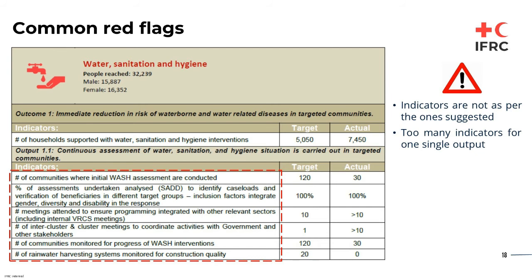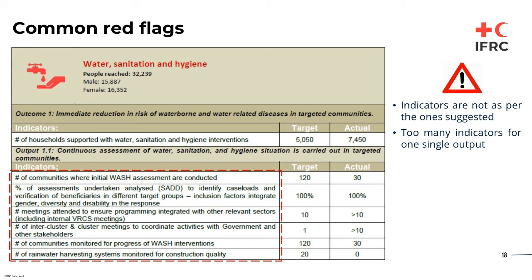Now, after talking about all the WASH outcomes, outputs, and indicators, let's now take a look at some real examples, just to highlight some of the more common red flags seen in emergency operation documents. This first example is taken from a final report of a tropical cyclone operation. You may notice that there are 6 indicators under output 1.1, and most of them are not taken from the